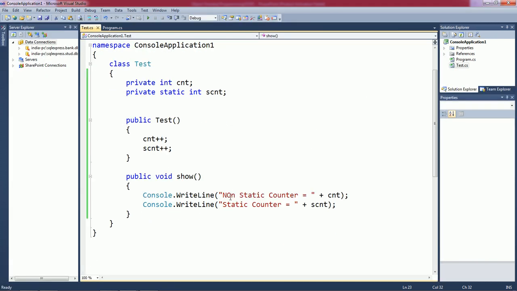And suppose if we want to write a static function here, it is also possible. Public static void, suppose give the name show1, and here also we want to print the same static value.